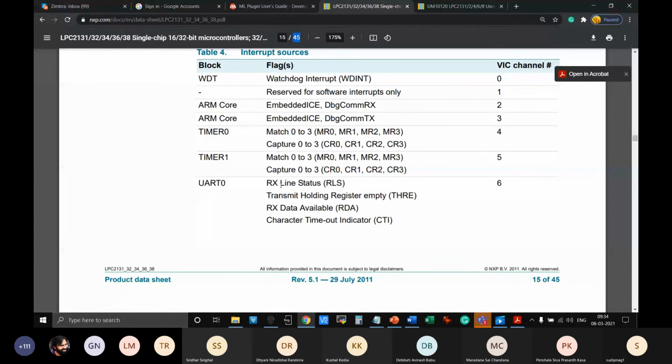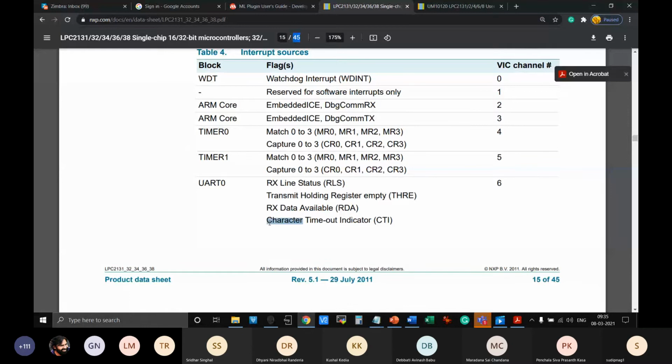That means there are different types of situations which may be generating the interrupts. So this UART can generate an interrupt with the receive line, or even with the transmit. It can also generate an interrupt while there is a timeout. Suppose you are waiting for a certain character to be received, and that character doesn't come at all. That is called a timeout indicator.